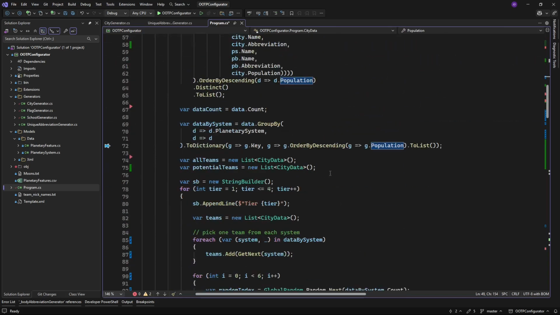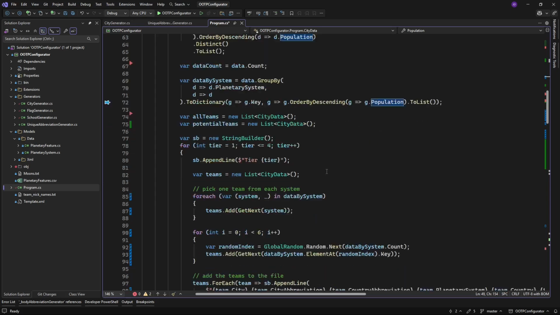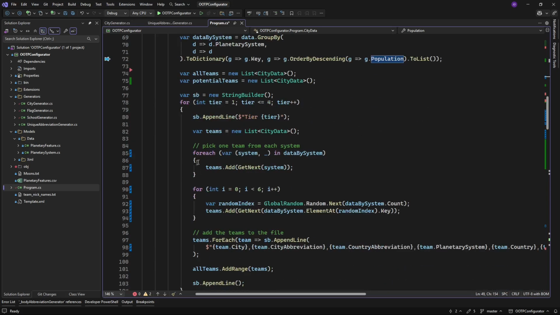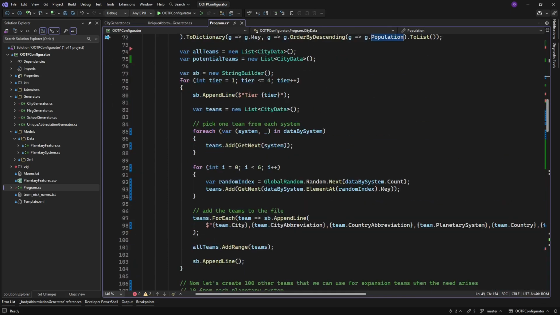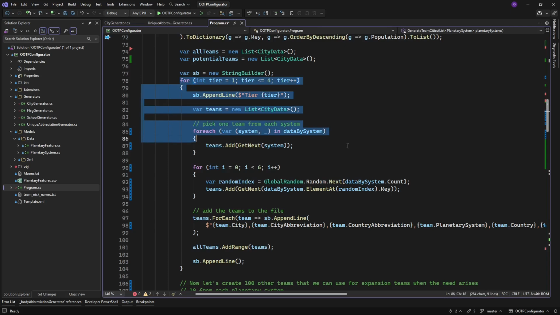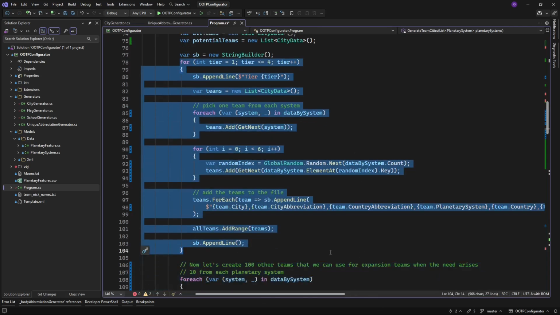And so because I wanted that, I realized that every year, or most years anyway, when we need an expansion team, I don't want to have to hunt through the list of cities and create an expansion team, making sure that everything is unique. So what I did was, after we pick our tiers, where is this? So we go through each tier and we pick teams for each tier.